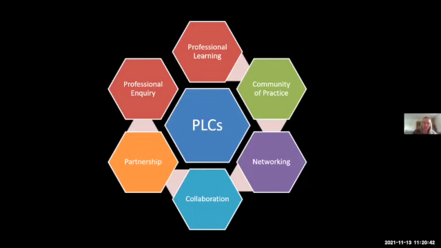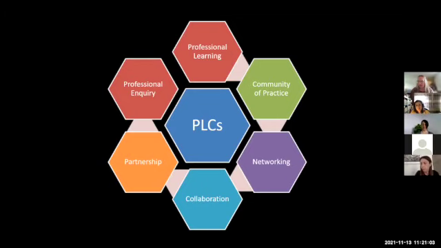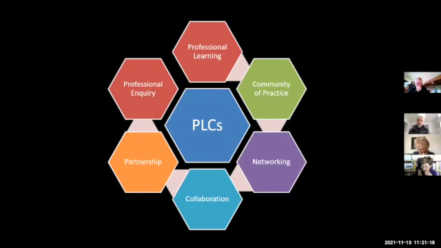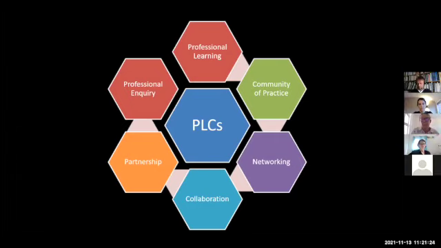So they're not in any order, but if we start at the top there, professional learning as a broad concept, of course, it doesn't just have to relate to teachers, but it's so integral to the PLC, because it's not just about a community, it's about a community of professionals learning together. And in this context, we're thinking about art and design educators. And another interesting angle of that, of course, is the individual and your own interests, your own motivations, your own learning, your own trajectory, but also how that fits into your interactions with others and how you can learn from each other and learn collaboratively as well, which is another one of the themes about collaboration,